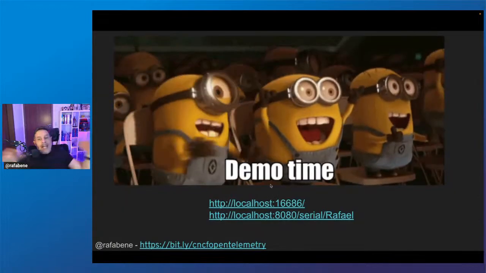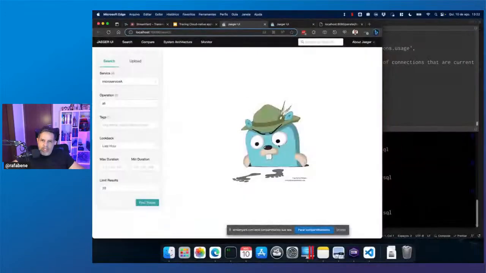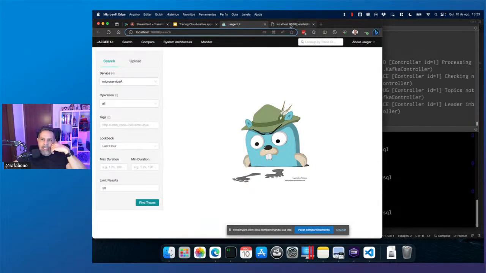Okay, now it's my favorite time. Let me show you two things. I have Jaeger running here on my localhost. So this is the console of Jaeger. And you can also see my application running here. I will not explain what my application is doing. Instead, we will use Jaeger to explore what the operations of my application are.